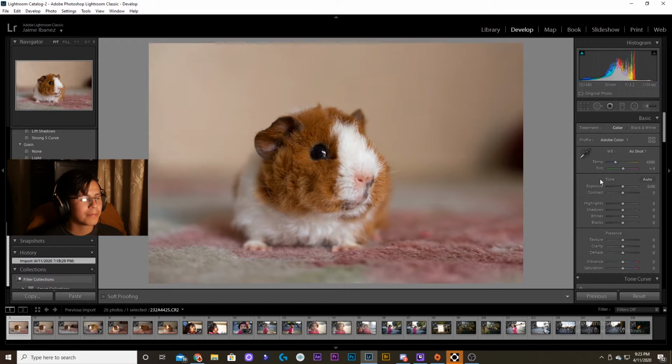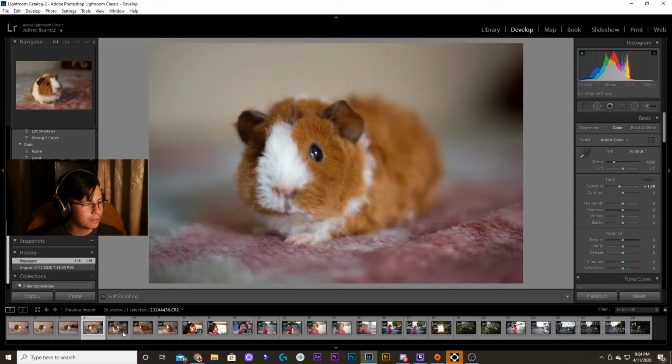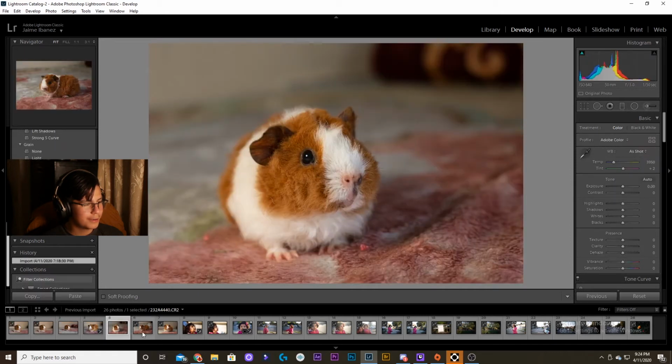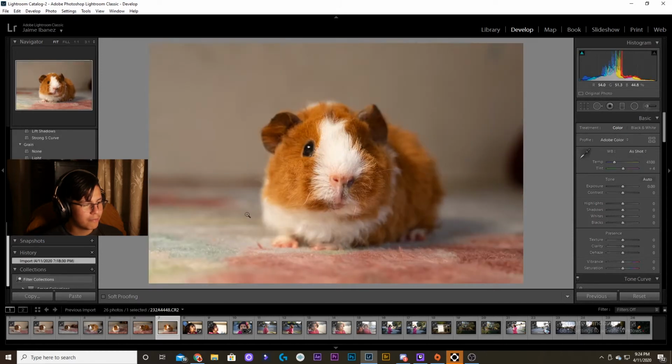Right here, this one's actually a bit interesting, because I've never really shot an animal, and my neighbor had, I don't know, guinea pig or hamster, I don't know what they're called, but my neighbor had one of these, and I just decided to take pictures of it, and this is what came out. So here are the raw images right here,